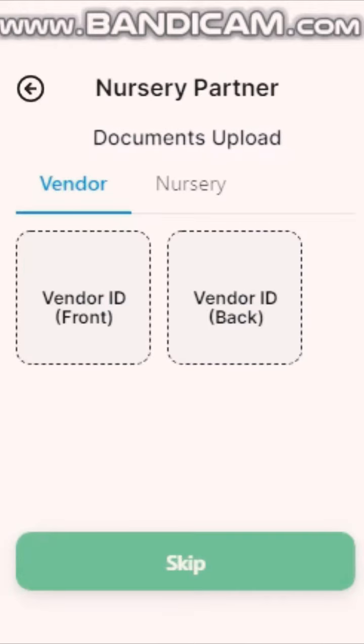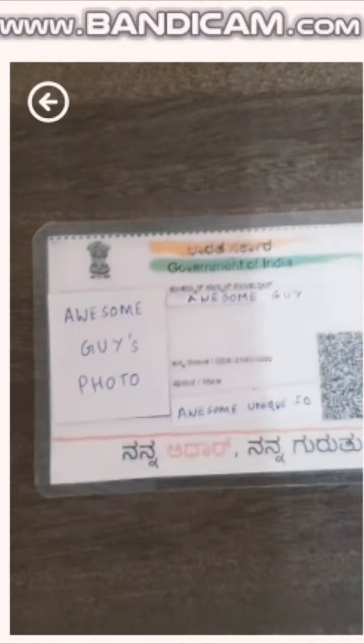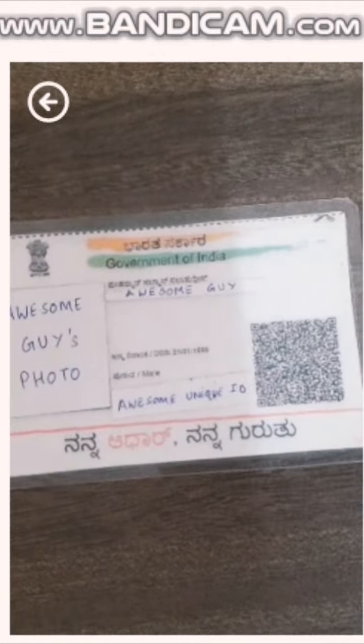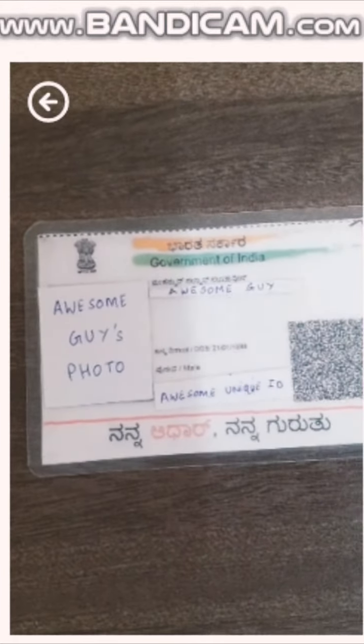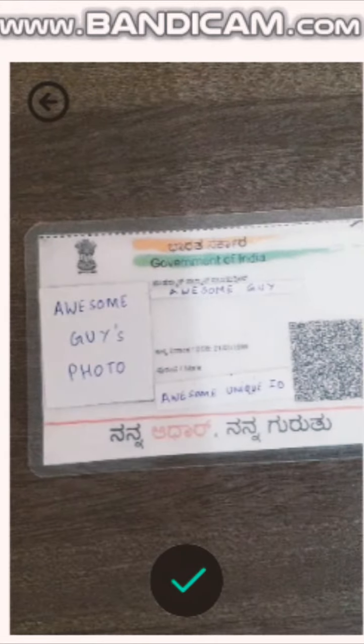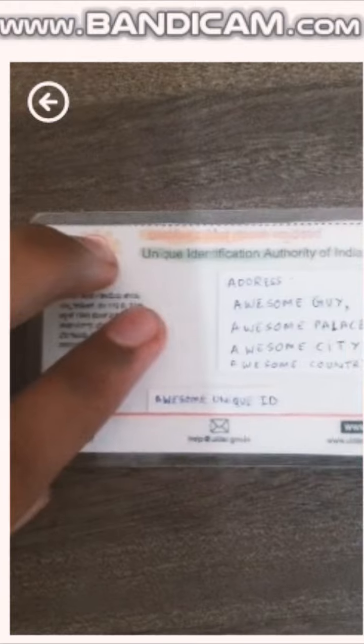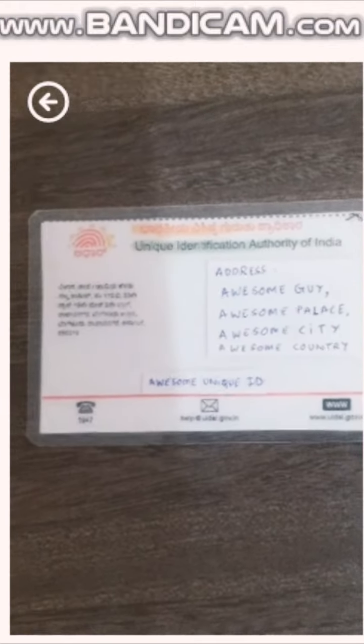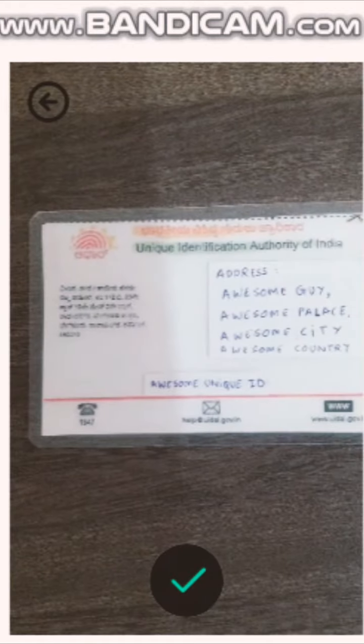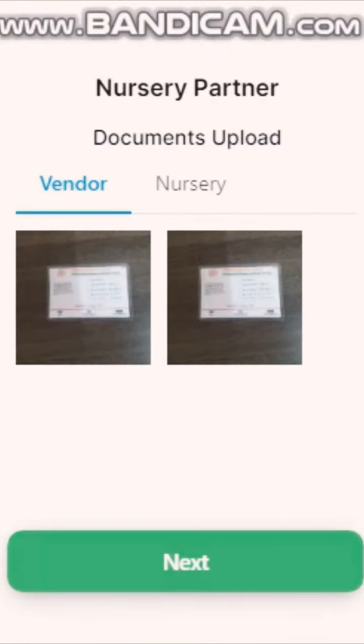Once that is done, we move on to the next screen, which is the upload documents, where he's supposed to upload both the front and the back side of the nursery registration document or his Aadhaar document. We've just added Aadhaar for now, but we can add other documents based on the requirements, like whatever is required for the nursery verification purpose. So once he uploads both of them, it is sent back to the server side for us to verify and confirm that he's a valid nursery owner.